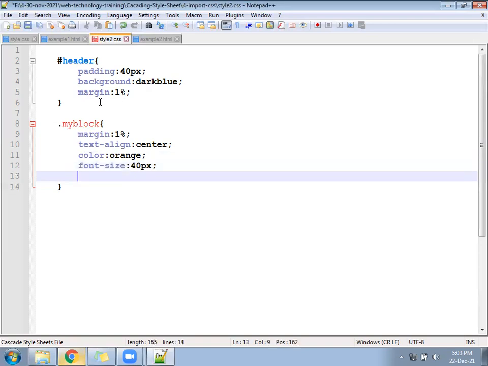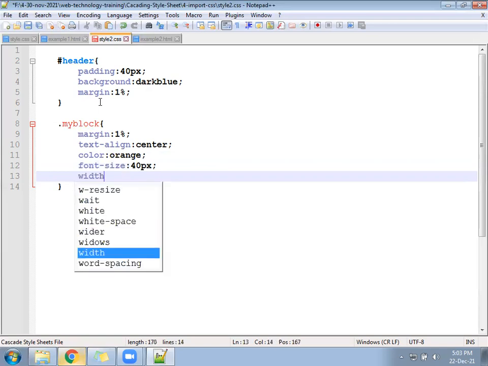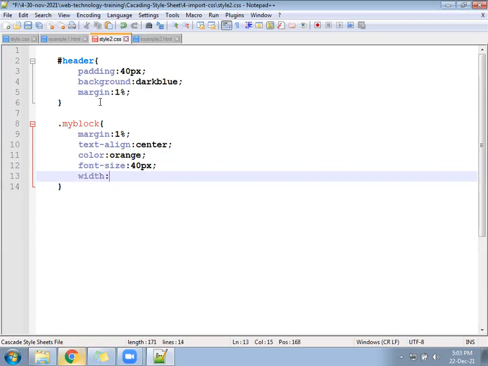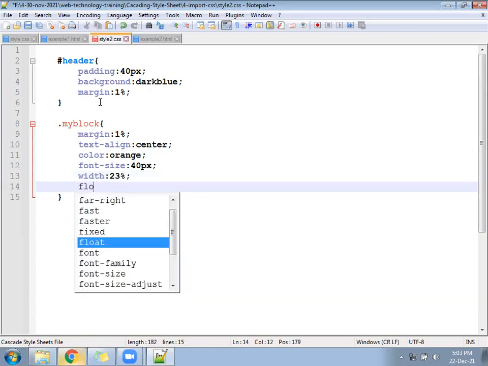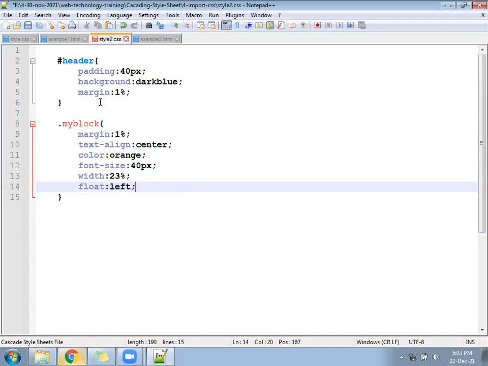Okay, now you need to set the width. If you want to bring 4 blocks, width will be total 100%. You have to divide by 4, 25 will come, minus the margin. What is the margin? 2%. So 23 will come, right? 23% as a width. And in that, float colon left. It should print everything from the left side.